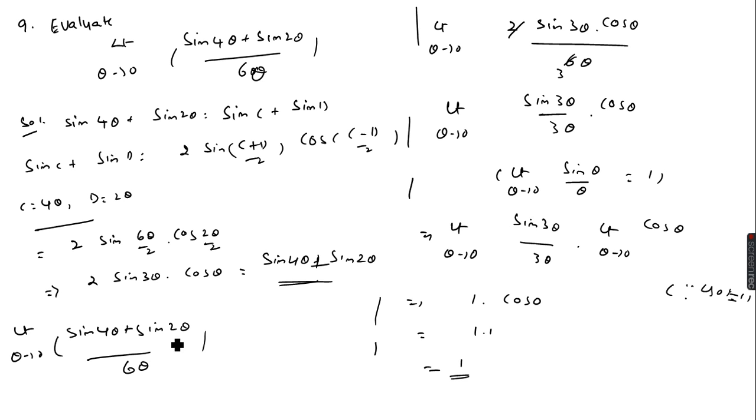The given question is this one. We substitute and simplify, 2 cancels 2, leaving 3. So finally we get sin 3 theta by 3 theta into cos theta. Sin theta by theta is nothing but 1. So separate the two limits: limit theta tends to 0 of sin 3 theta by 3 theta, into limit theta tends to 0 of cos theta. It's nothing but 1 into cos 0. Cos 0, what is the value? The value is equal to 1.